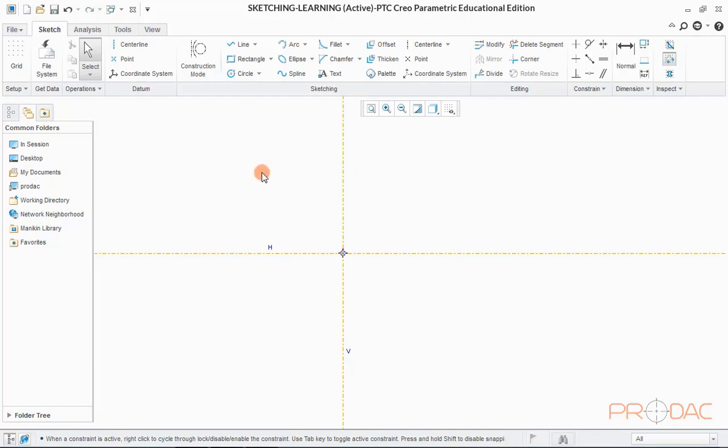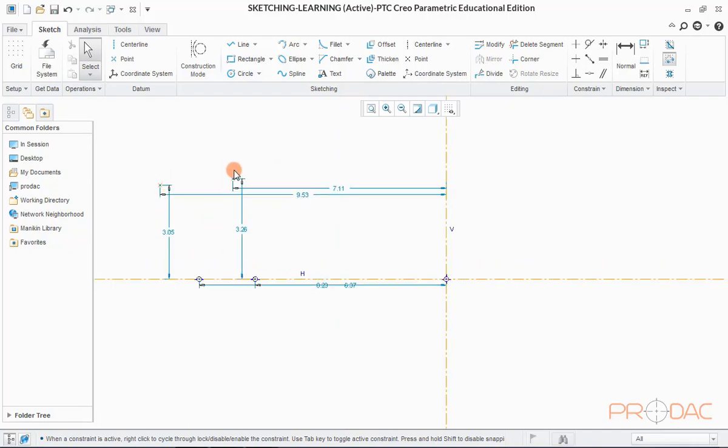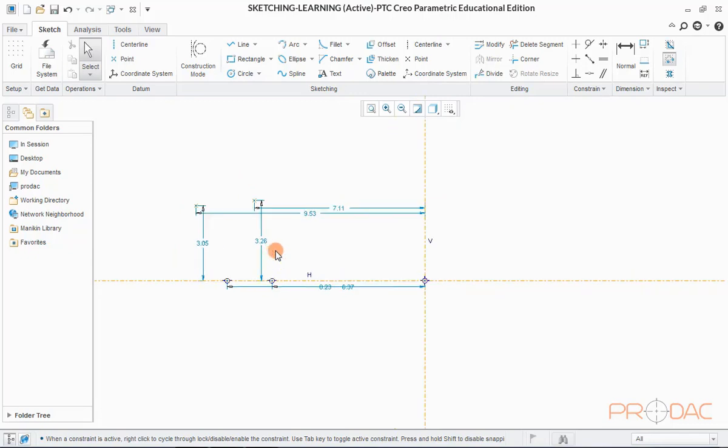Second item is to learn to create points. Now, click on the button labeled point in the top menu bar. Now, we can place these points in the graphical area by left mouse click. Press the center mouse button to come out of sketch mode. The moment we come out of sketch mode, Creo will automatically populate the dimensions in the sketch. To delete these points, just select and press the delete button.